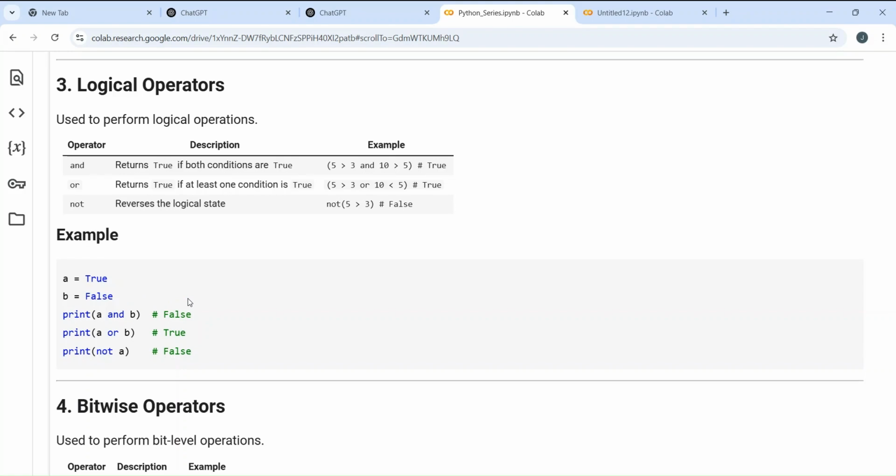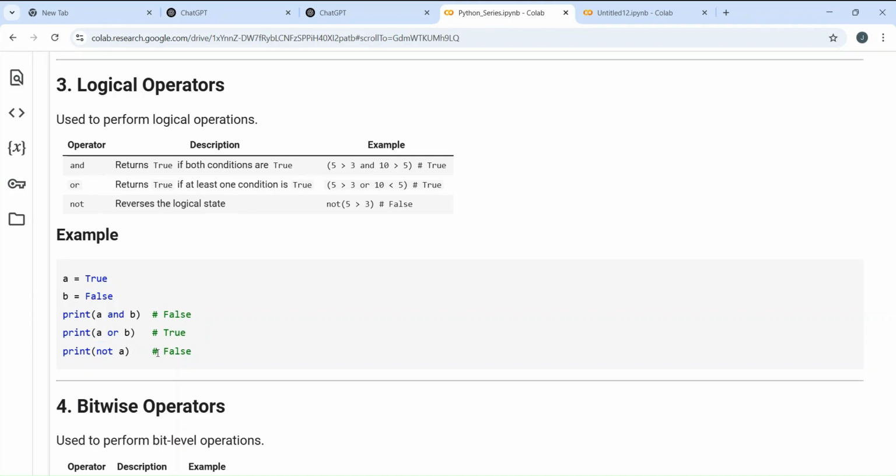So the next one, that is OR. If you see A as true and B as false, and you are applying OR, in the line A or B, A is true, B is false. For OR gate, at least one of them should be true for us to get the answer as true. Now A is true, so our answer will be true irrespective of B.